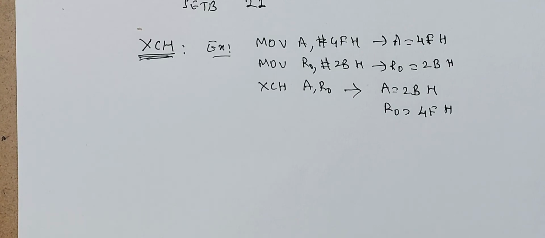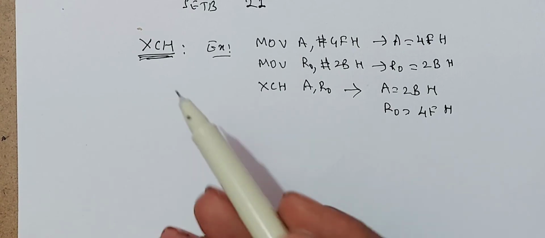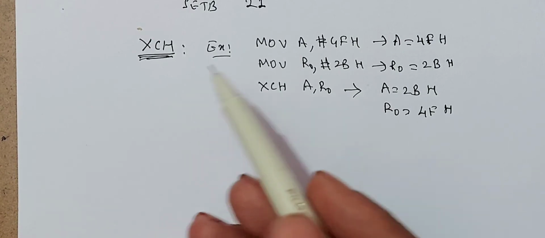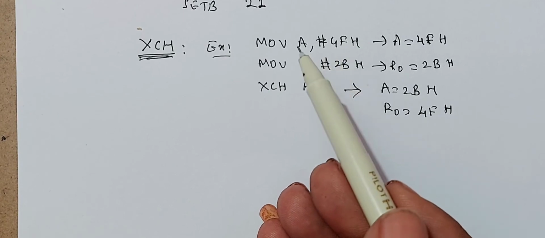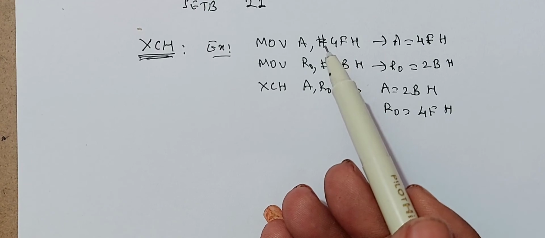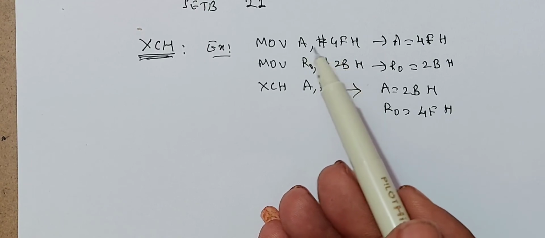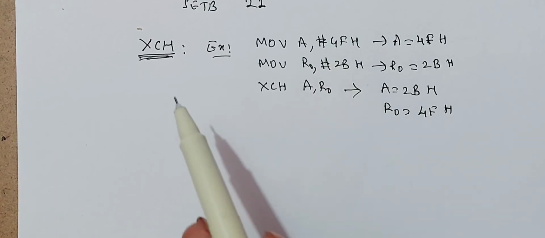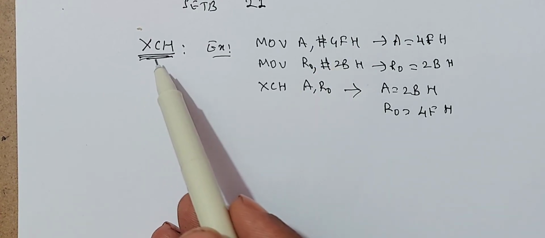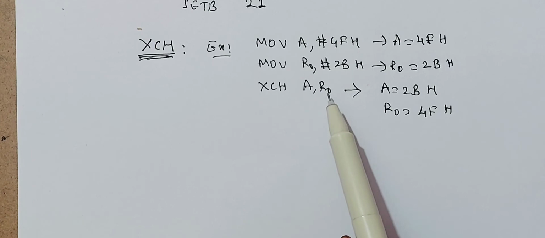So this is another important operation we use in the 8051 microcontroller while writing assembly language programs. You can have any number of examples. Exchange means it exchanges the data between the source and the destination. The source may be anything, and the destination may be any register. The instruction used is XCH destination, source.